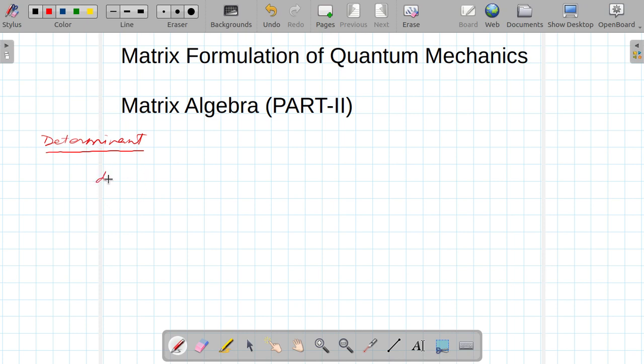So determinant is defined this way or this way, and if A is a square matrix, then its determinant can be written as this, and to find its value, we expand this along any one of the rows or columns. So let us expand it along the first row,